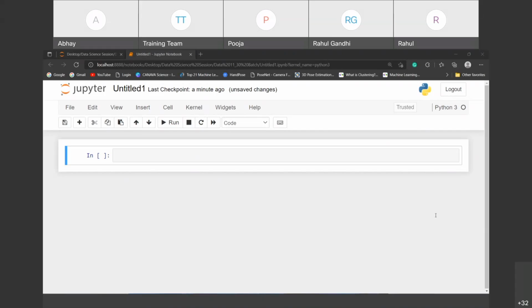Whenever you go for data science, machine learning, or artificial neural networks, or computer vision, or NLP, the complete base is Python.